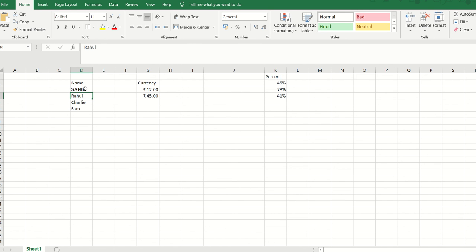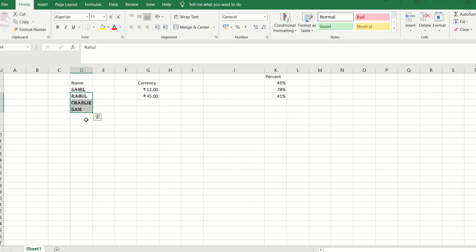I can click on a specific box, click on format painter, and then copy it to the remaining names, and automatically the same font style is going to be copy pasted to all the cells which you highlight.